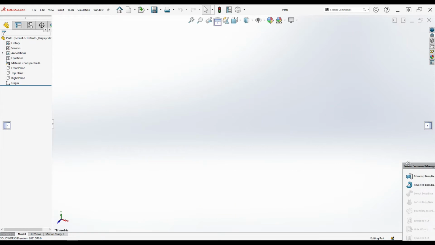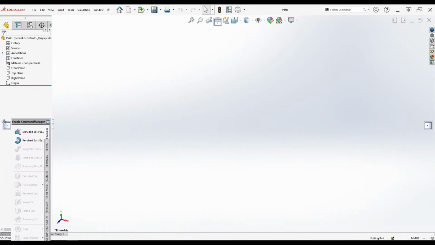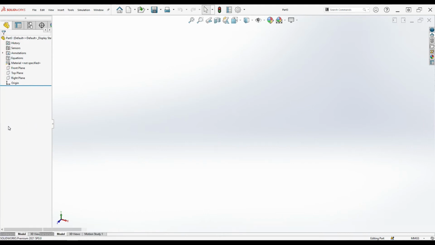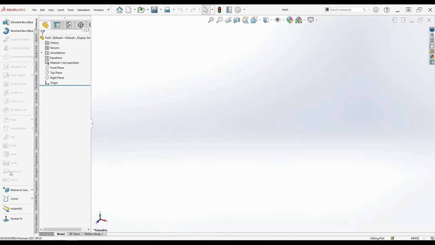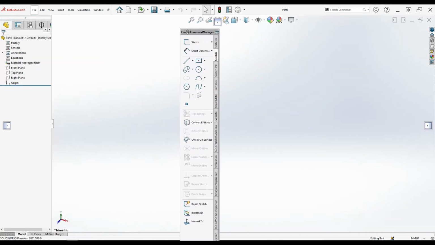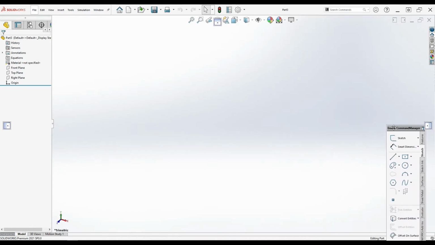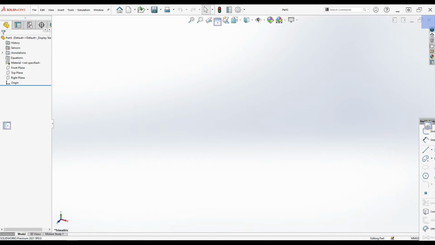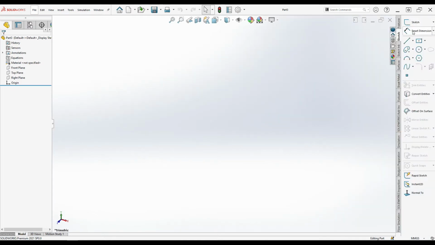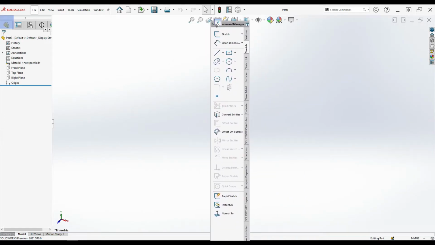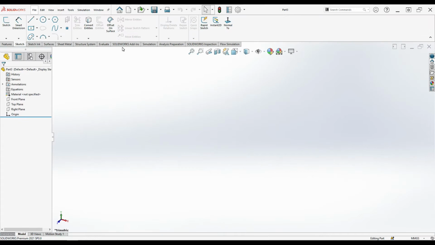Let's try to place it on the left side. Once you click the left side and click this arrow, it places it near the arrow. See, all tabs are placed on the left side. Again, when you change this, you can change it to upside or right side. If you want to place it on the right side, just mention the right side and it will place it there. But it is better to keep it on the upper side, so it will be very handy and very useful.